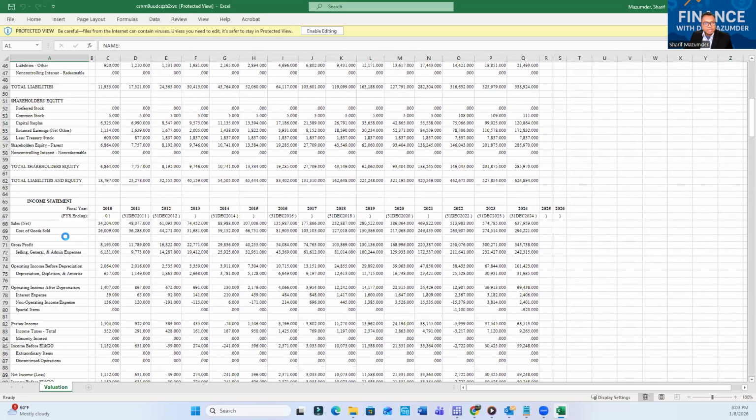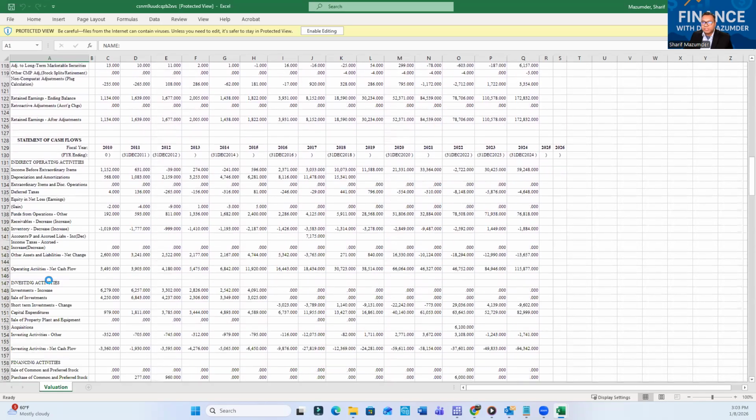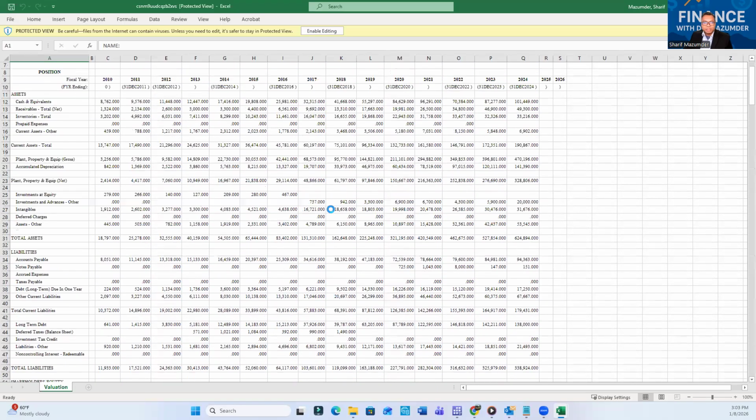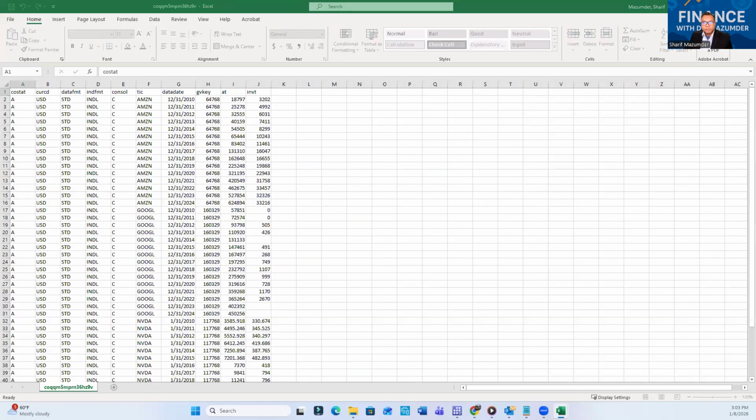This is the income statement. This is earnings. This is the cash flow statement. So all the statements you can get with just one click in CompuStat. This is one of the most useful databases that you can use for any project for your finance and accounting class. Okay, so if you go to the